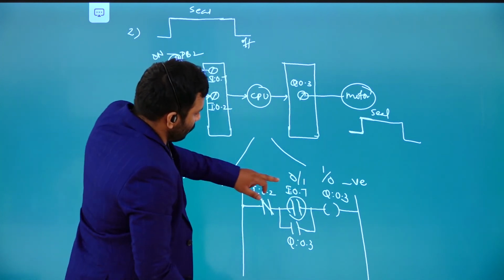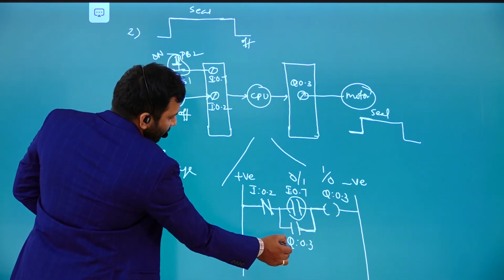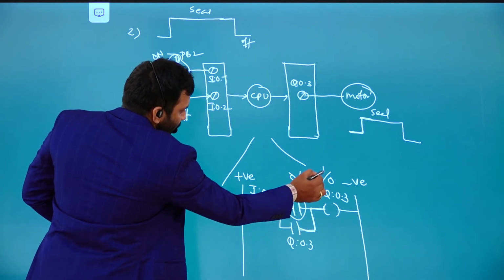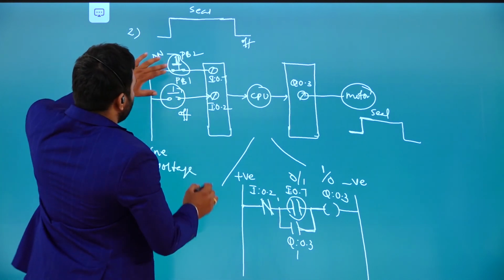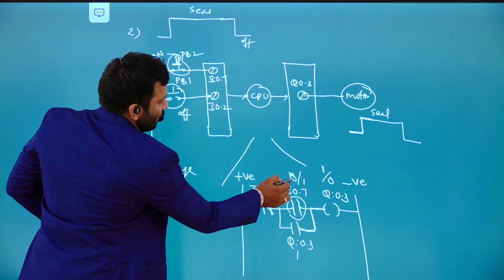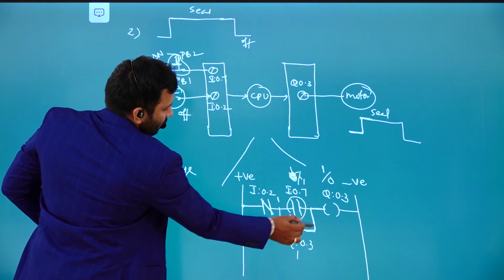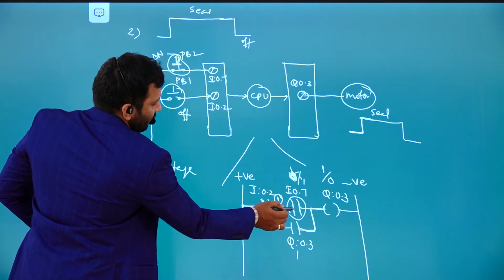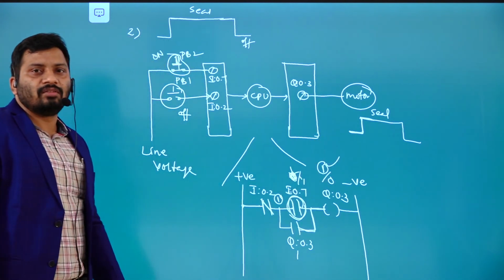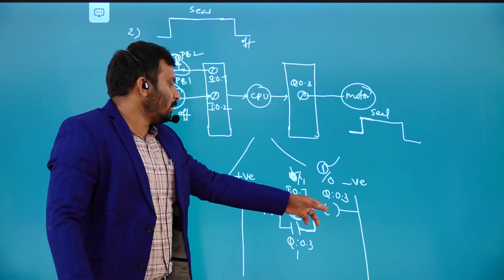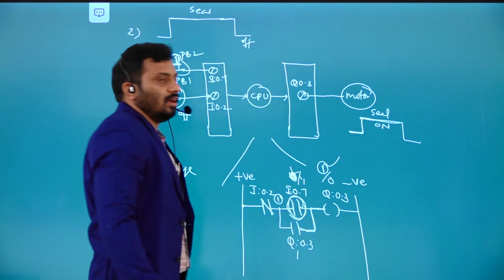So now you have given feedback like this. The same address you gave as an address here. That means if the output is 1, this is also going to be 1, and it's going to act like a 1. Even though this push button is in open condition, that means it is 0, due to this particular feedback input high signal, this is going to be activated. That is the reason the motor is always in the on state only.